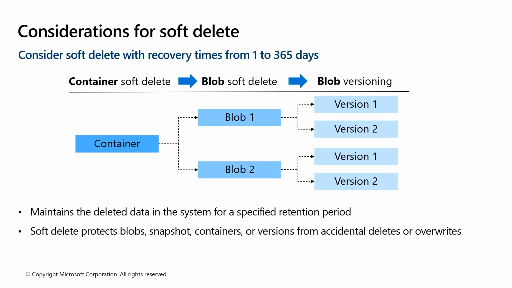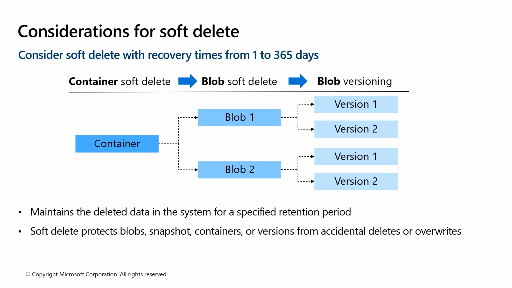Now, in addition to the soft delete capabilities, we have this thing called versioning that you can enable. You can actually have, for every write operation, a new version of that blob be iterated. Now, we recommend that you don't keep more than about 1,000 of these. You can potentially have more, but anything more than that could impact the performance of calling up that data and all the versions you're dealing with. So you can set up some policies to get rid of older versions. But every write operation, you could version that object so that you can go back to multiple changes.